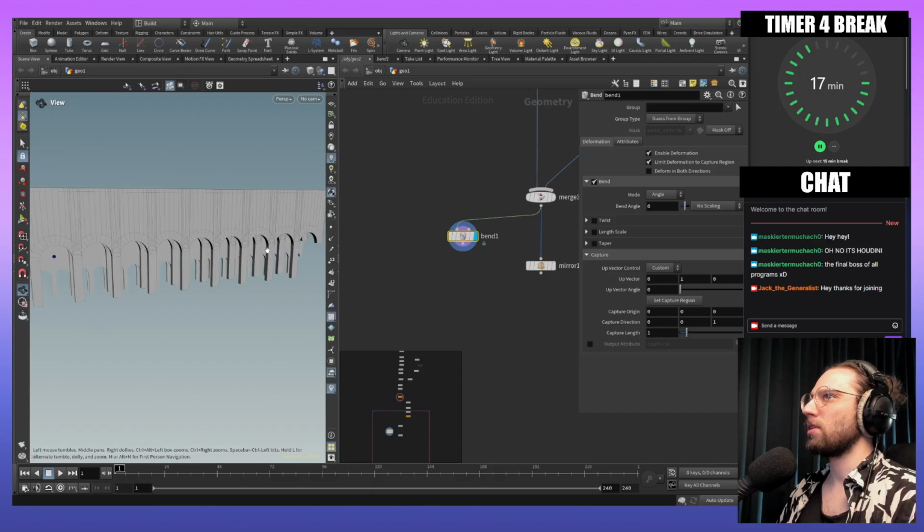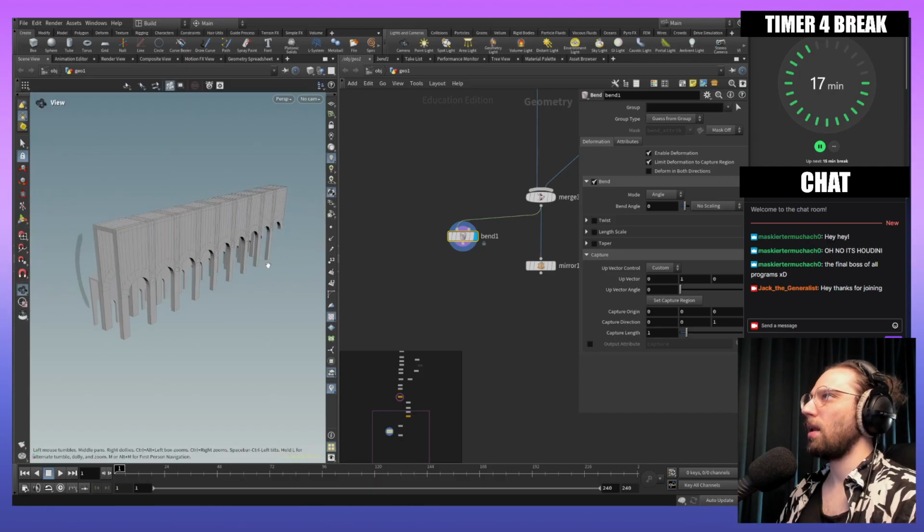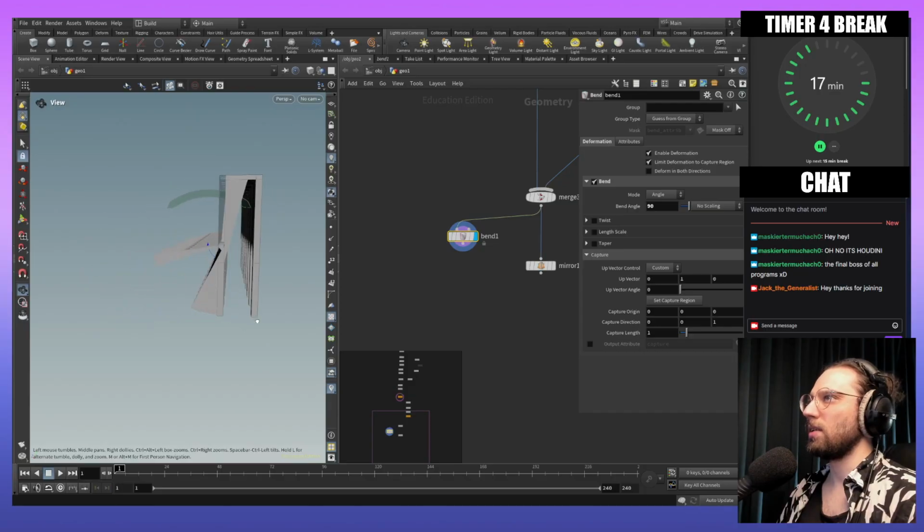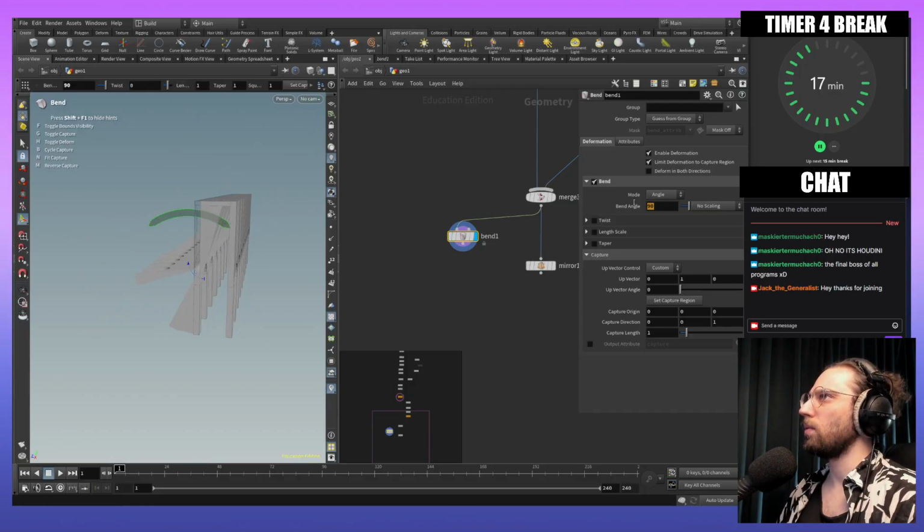Looks good. Looks like it's in the same length we need. However, our angle is completely wrong. So if we put that to 90, that actually is not what we want. So this stays the same. We will go with,